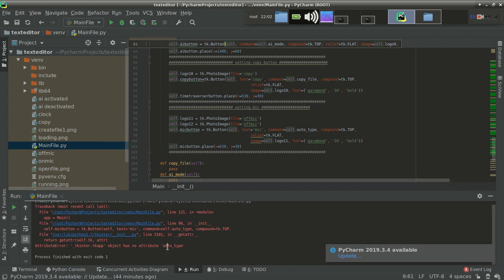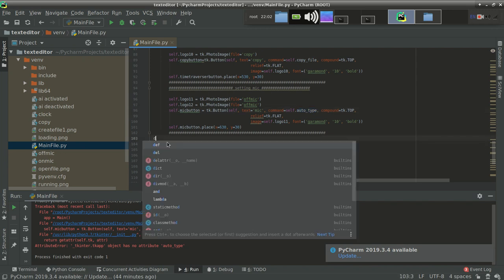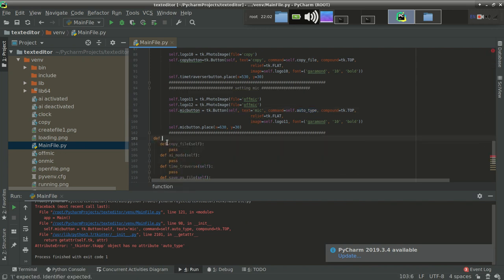Yeah, we get an error because we don't have any function named auto type and we use it over here. So just make a function auto type. Auto type, fine. One more thing also, you have to shift it here.